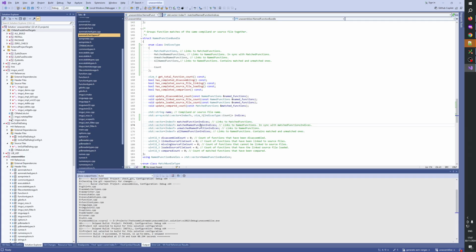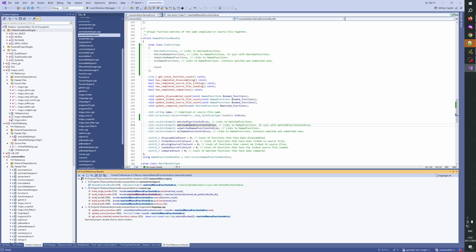Okay, so that would be the idea here. But to be fair, here in this realm, in named function bundle, we don't really need any loopings. Right? If we look at this guy, it's all